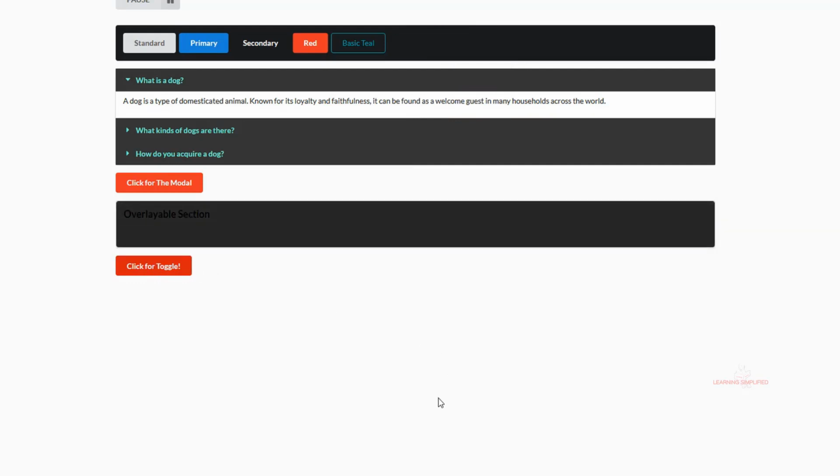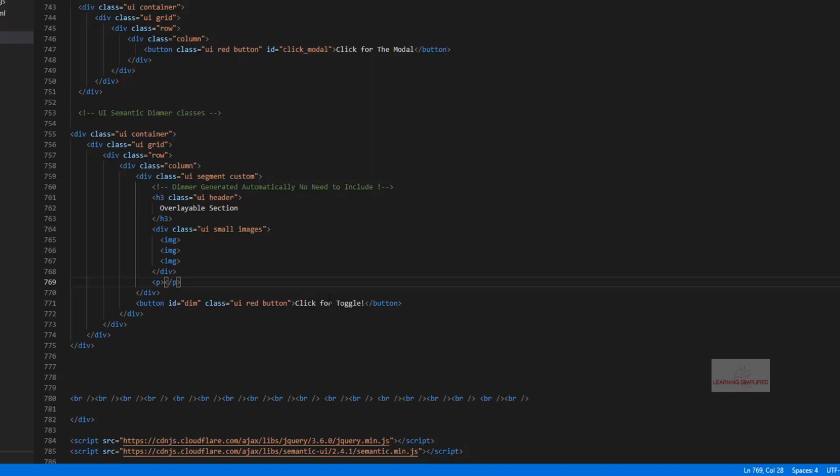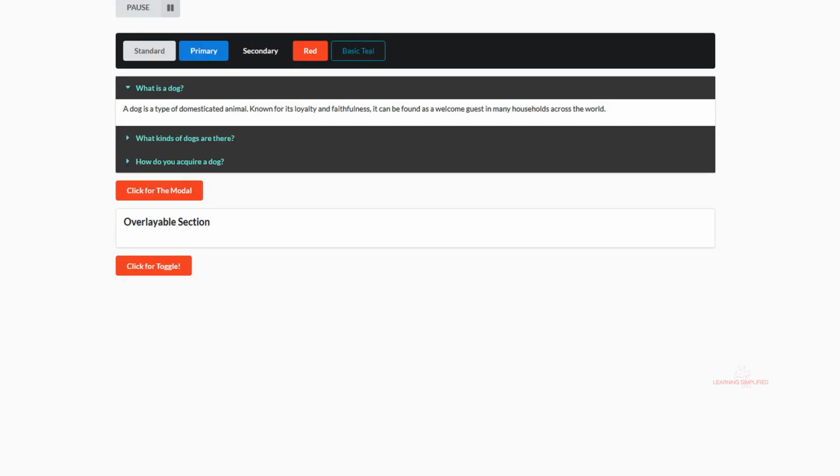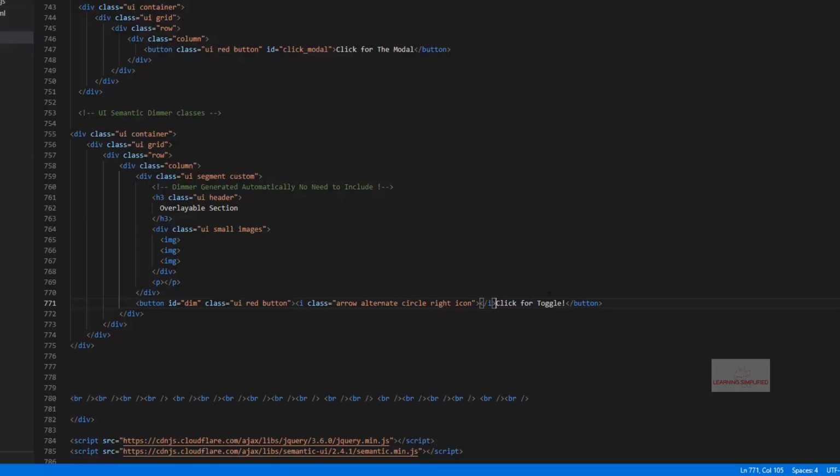We may impose it right over here, and on the other hand we may use some kind of icon classes along with this button. As an example, if we head back to this, we will be using it along with this click for toggle button. So press Ctrl S, let's head back to our project and reload, and we can see that we are successful in using both the icon and the text right over here.